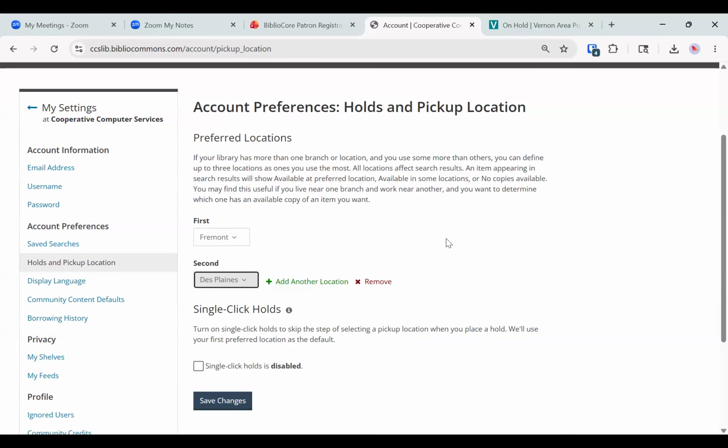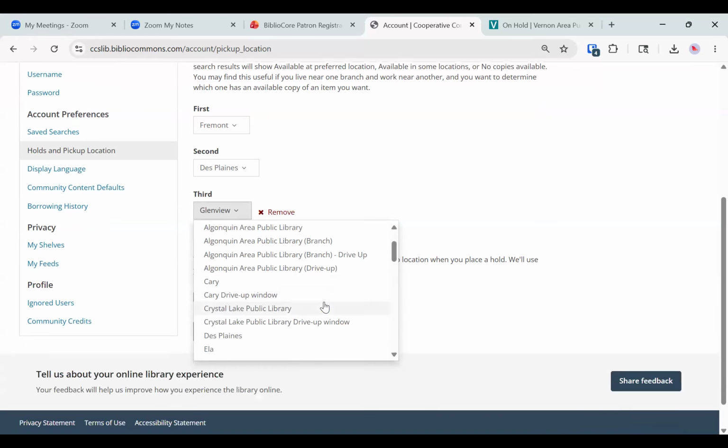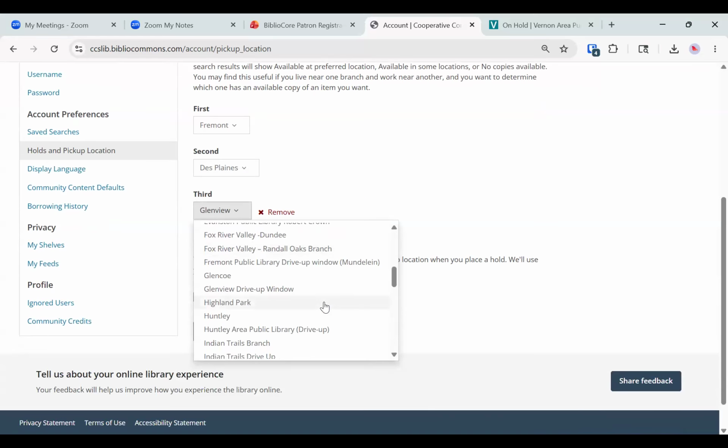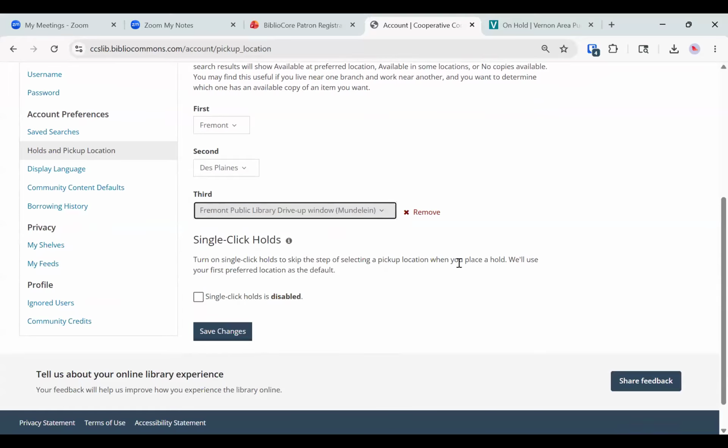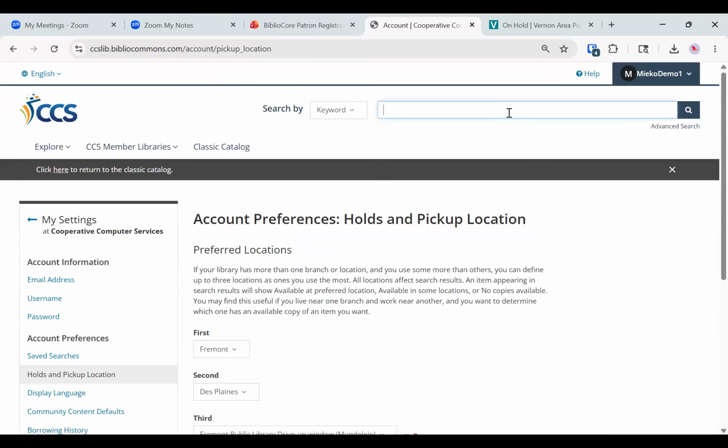So I'm going to set Des Plaines as my secondary. Maybe sometimes I use the Fremont drive up window, so I can set that as my third. So it gives me that option to have multiple preferred locations. And then when I go to place a hold,